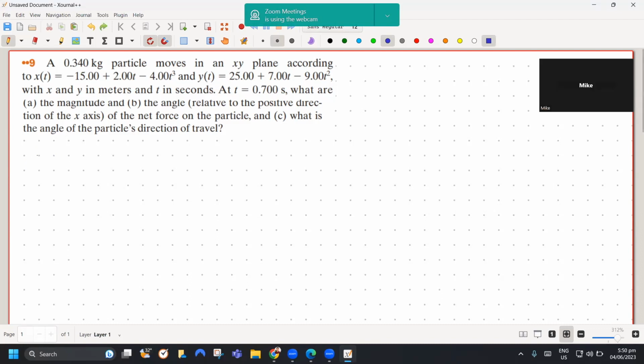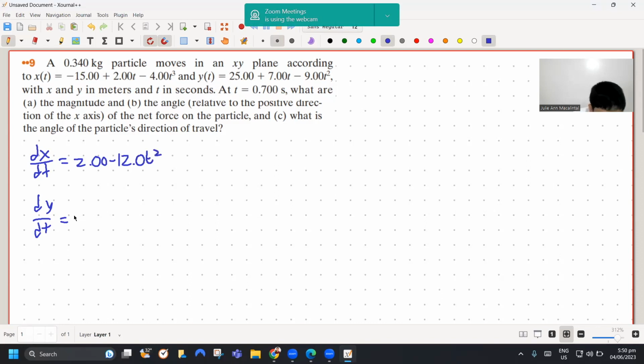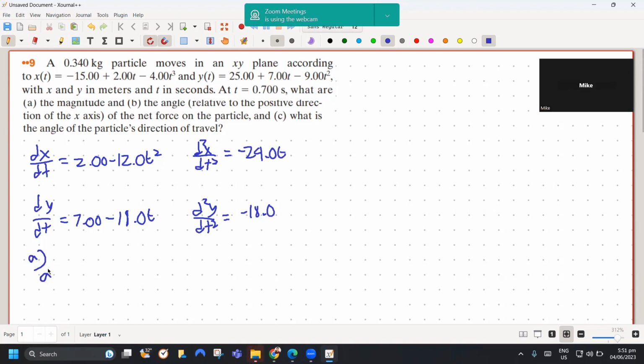Look at your... I have to do it all over again. Okay, so alam na natin yung ano. So, acceleration at t equals